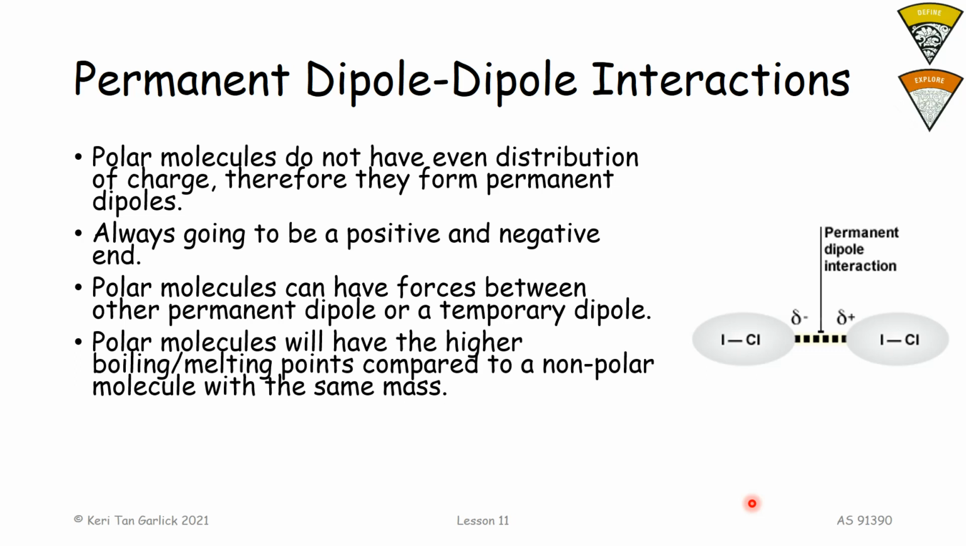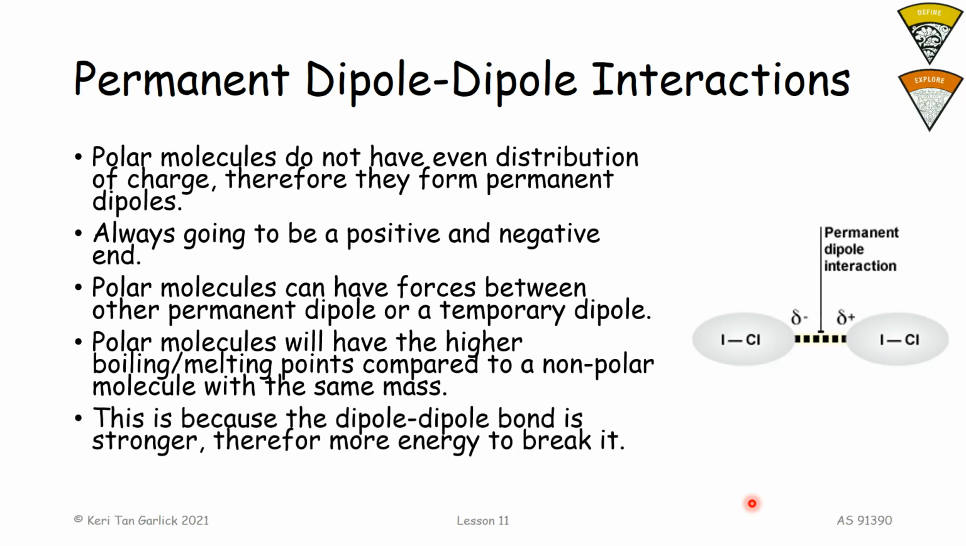molecular mass. And they often like to compare things of the same molecular mass because then they're going to have the same number of electrons that you're working with in those electron clouds. So that's not going to be a factor in the boiling and melting points. So not only are there more forces to break, but also that permanent dipole-dipole bond is stronger than the temporary dipole-dipole bond, and all of this is going to require more energy to break them, and thus higher melting and